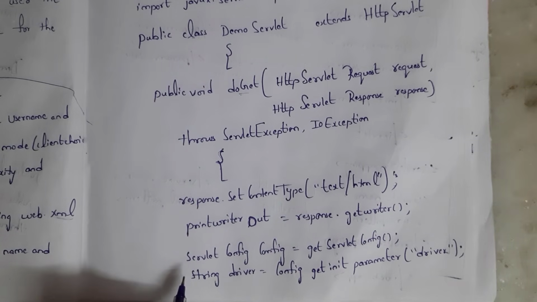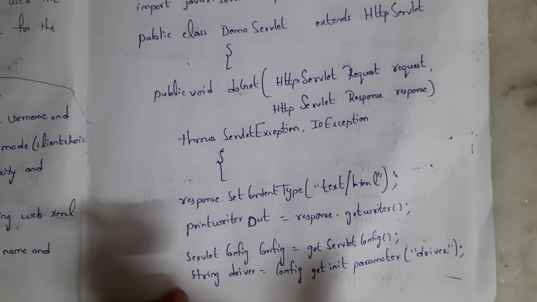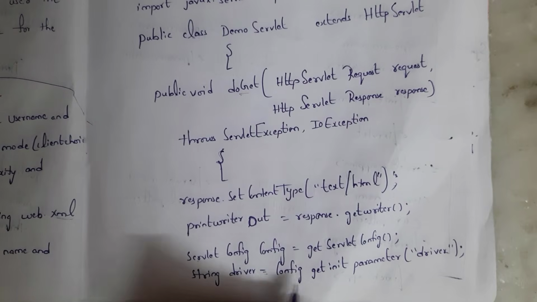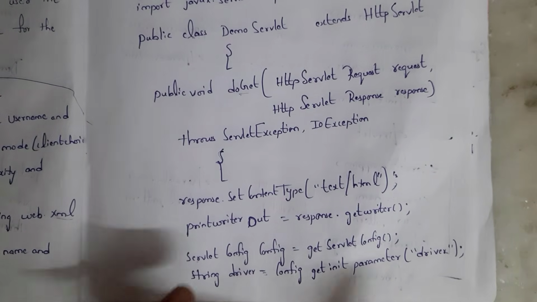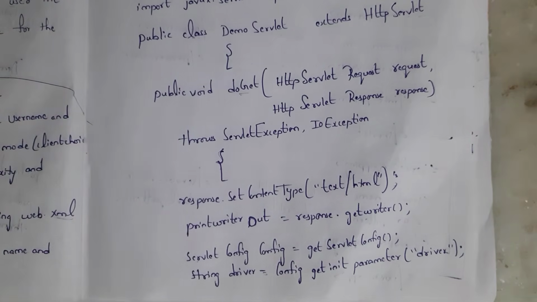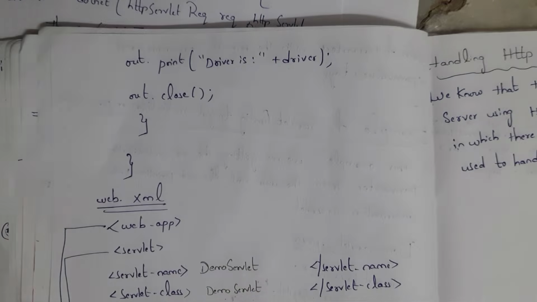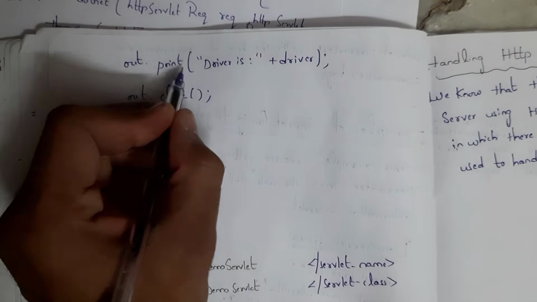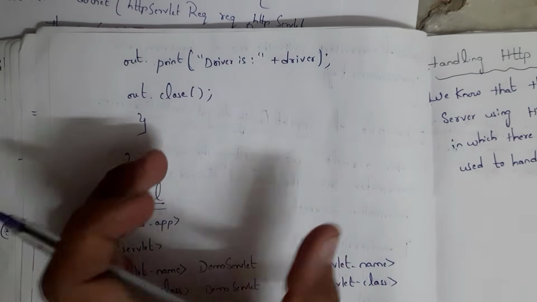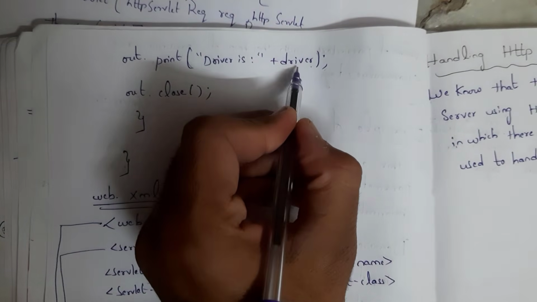After that I am configuring the servlet. For that, ServletConfig config = getServletConfig(); by this line we can configure the servlet. String driver = config.getInitParameter, and this is the driver which I have created, so I need to include double quotations for driver. The driver is a String, and this init stands for initialization, so this is the initialization parameter. At last, out.print is used to generate output. The output is "driver is" plus driver. That means the output will be generated as the driver name. Whatever driver I have installed will appear here.